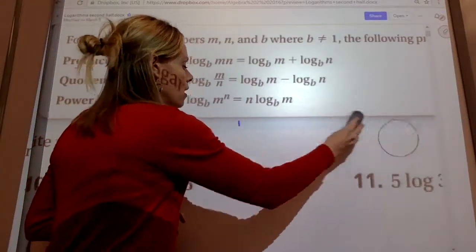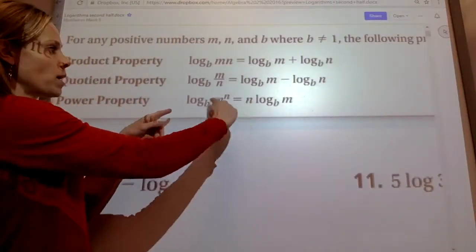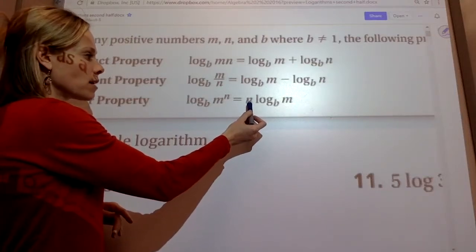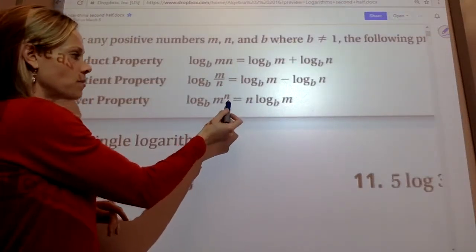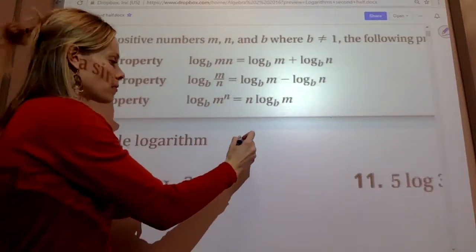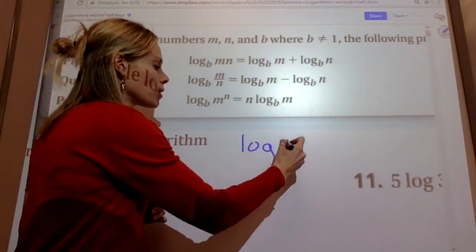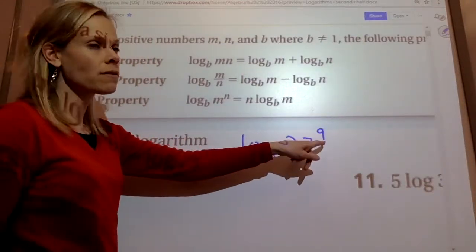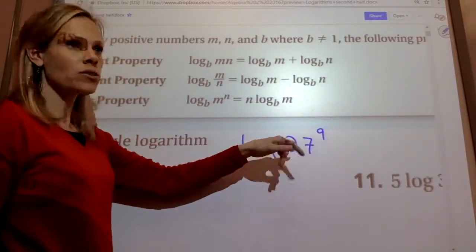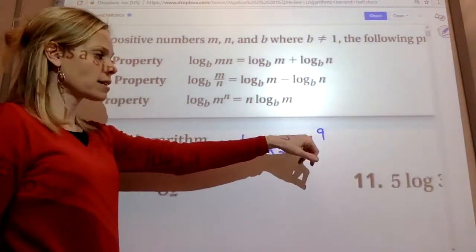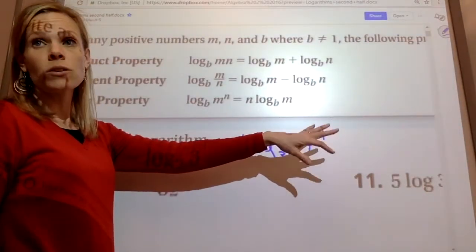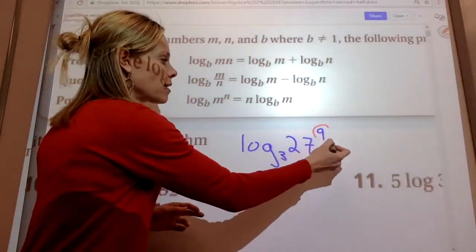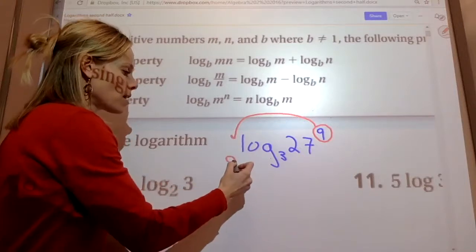The third one is the power property. And this property goes both ways quite a bit. If you have a number in front of a log, that can be written as a power. If you have a power, that can go in front of a log. What does that mean? If I had log base 3 of 27 to the 9th power, I don't want to do 27 to the 9th power and then solve 3 to what power is that, because that's going to be a really big number. So to simplify it, I can use my power property, take this 9, put it in front,